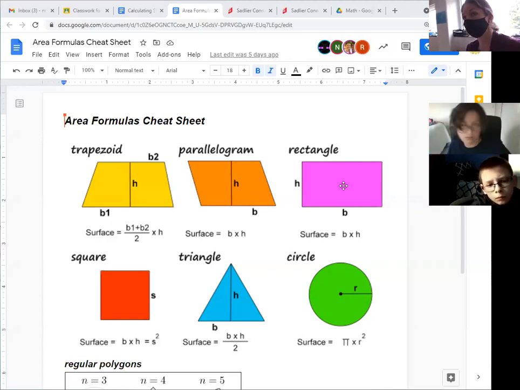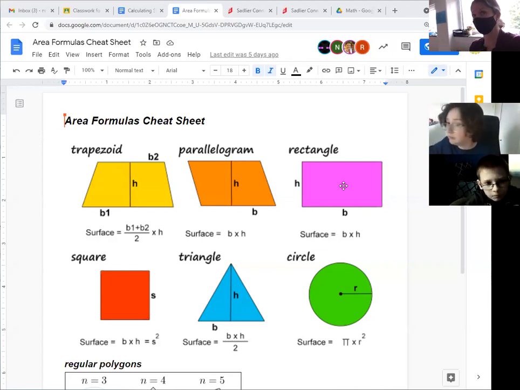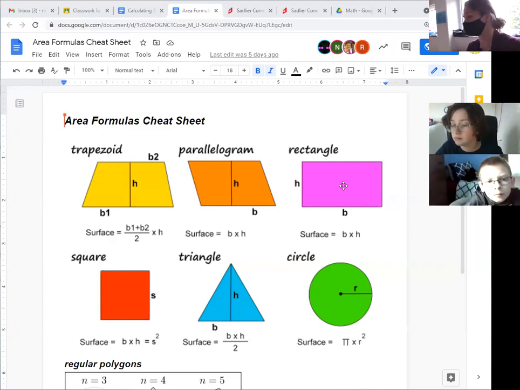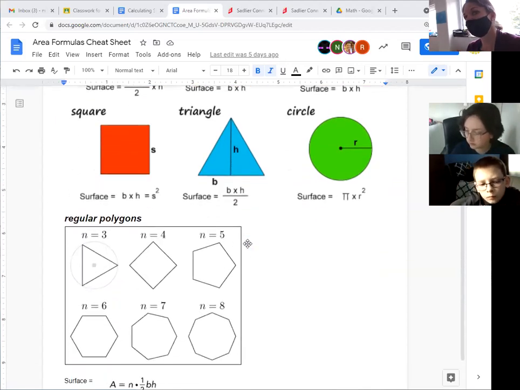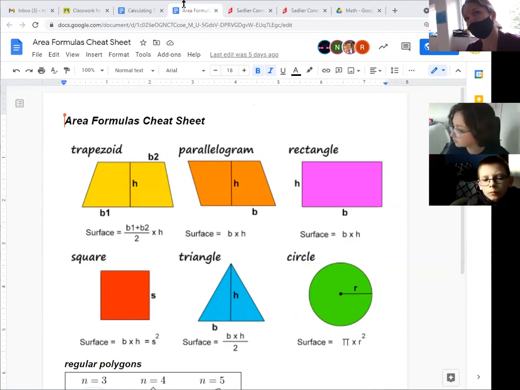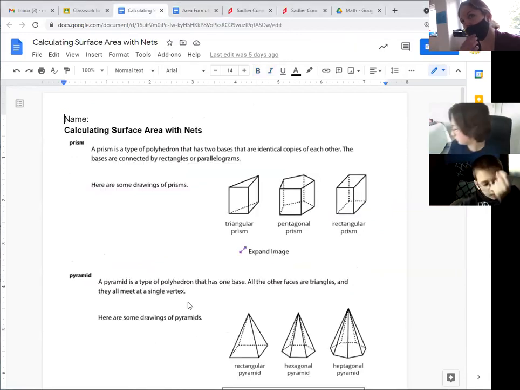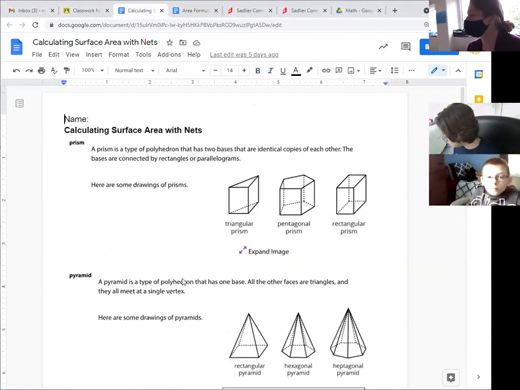So if the object that you are finding the area of is a flat shape, it's not a big deal. You just find the shape you have and use the formula given and plug in the values that correspond to the diagram here, right? But it gets a little bit more detailed when the thing you're calculating the surface area of is a three-dimensional